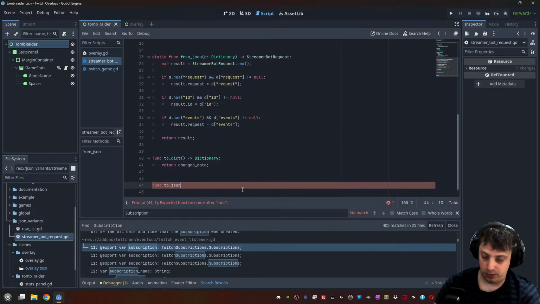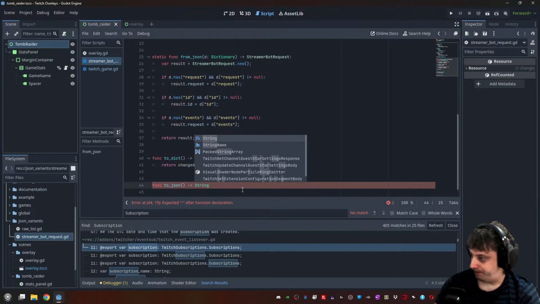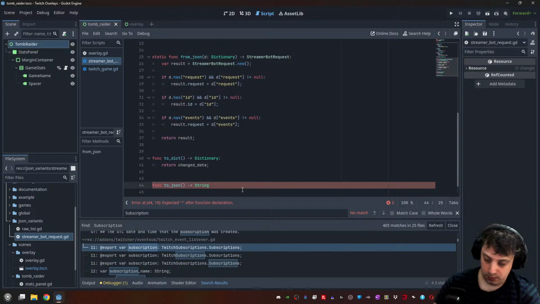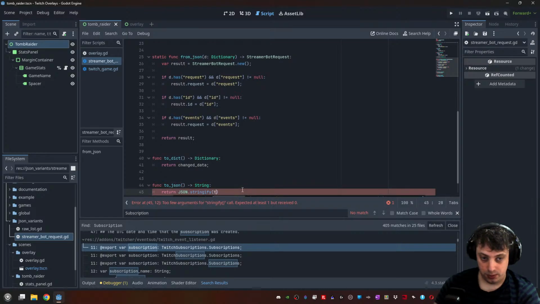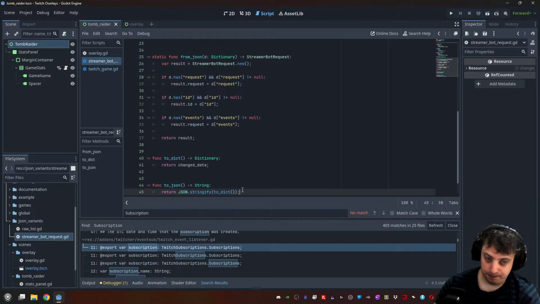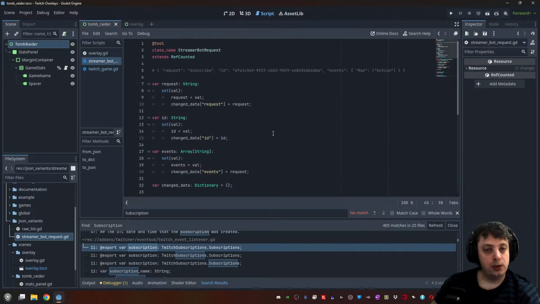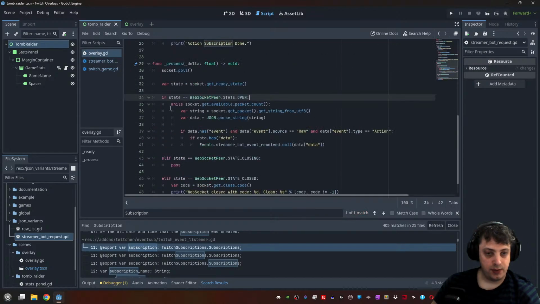ToJSON, which returns a string. Where we return JSON.stringify, the ToDictionary method. Now if we go into overlay,